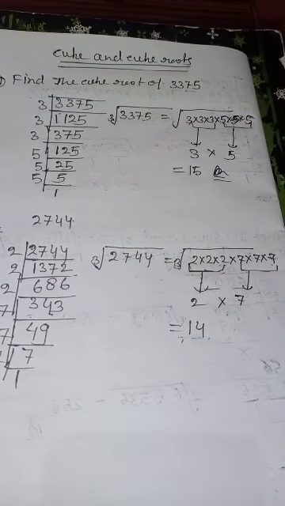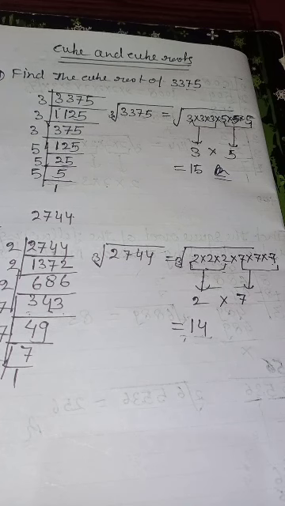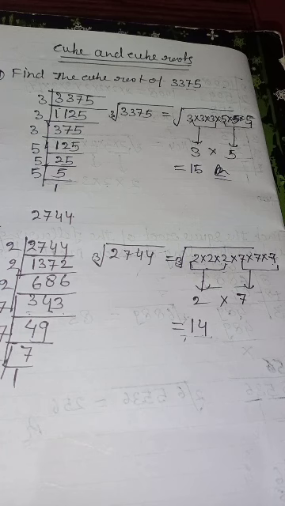So in this way beta, only this kind of questions were there, and the rest of the questions, meaning by which number it should be multiplied to make it a perfect cube, or by which number it can be divided to make it a perfect cube, are the same as we were doing in the questions of the square root.